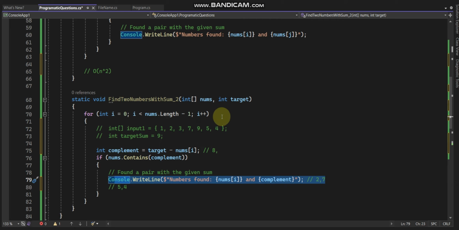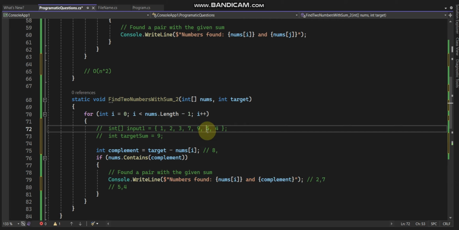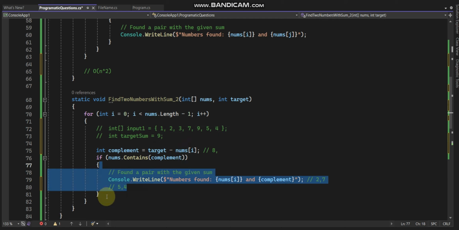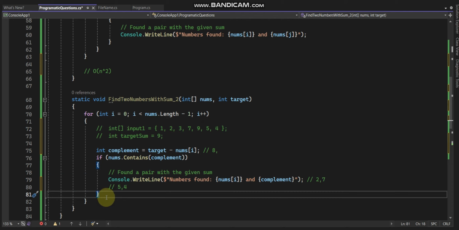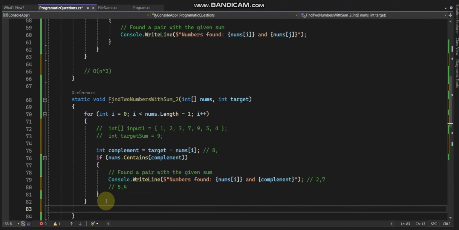Similarly it goes on, and similarly for 5. It checks 9 minus 5, which is nothing but 4, so 4 is available. So 5 comma 4 will be printed. If you talk about the time complexity of this program, it is nothing but, sorry, let me write it in comments,